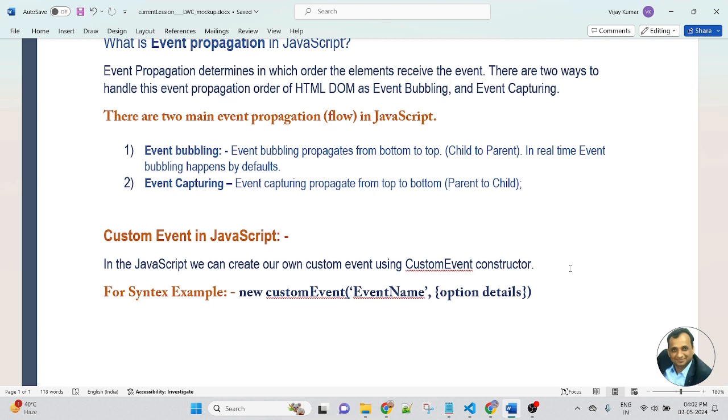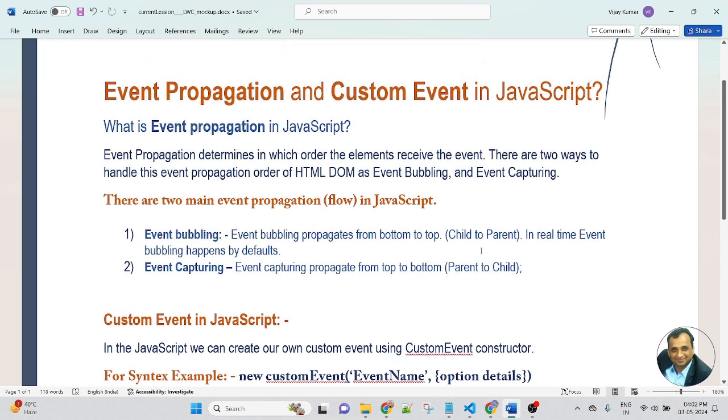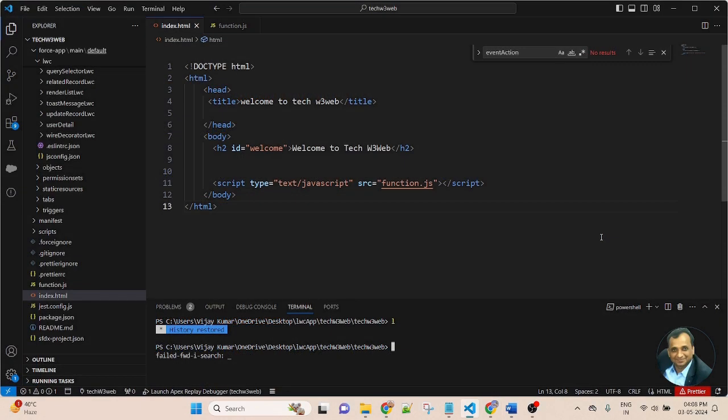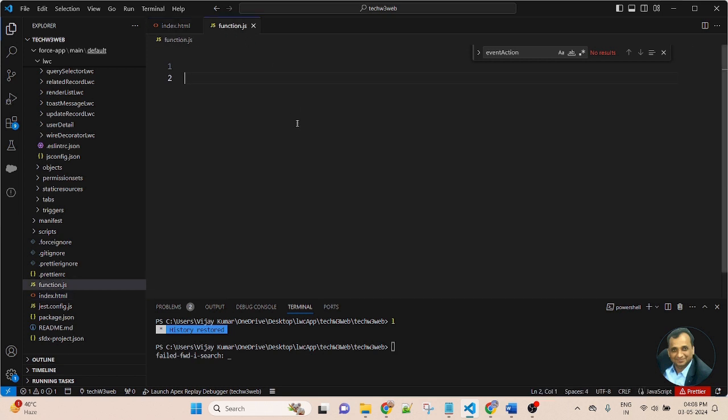So now let me jump to my VS Code. In VS Code, we will learn in detail about event propagation and how custom event works in JavaScript. So friends, this is my VS Code. In VS Code, I created two files, an index.html file and a function JavaScript file.